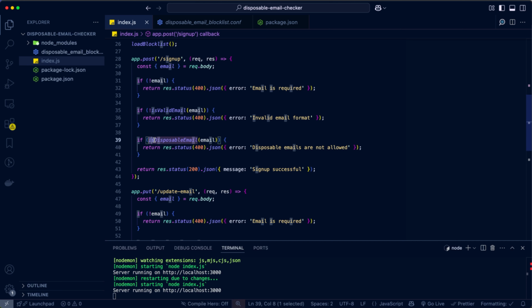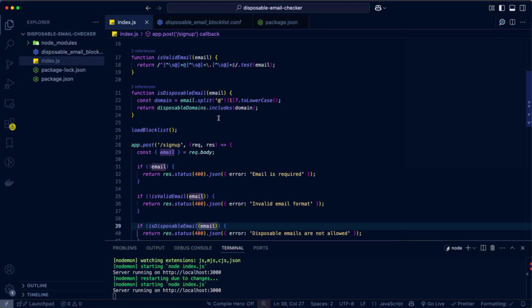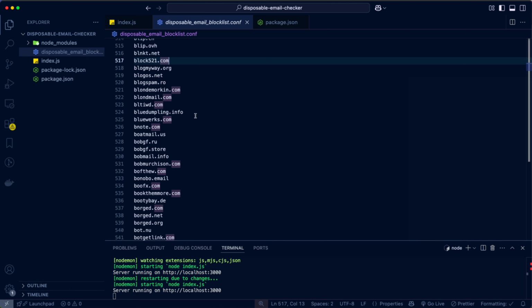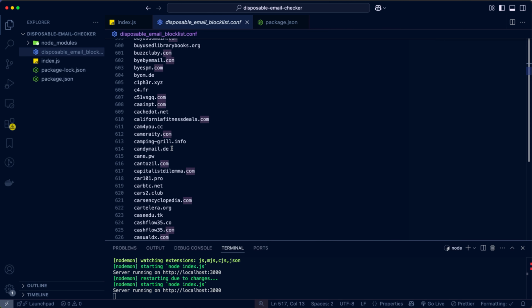Now we have this is disposable email, and we're taking the email address. Now when we take the email address, what we're doing is we're splitting it. We're trying to take the value after the @ because that is where the domain comes in. You have something like joel at example.com. Now the example.com is the domain, right? And that is what we're trying to verify from all of this, because these are like the domains